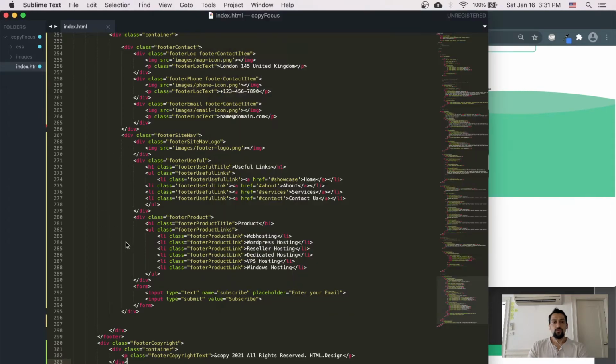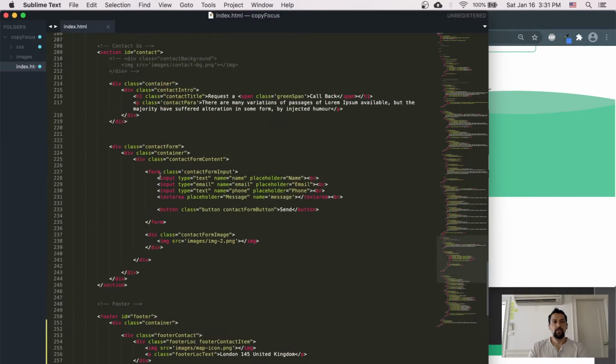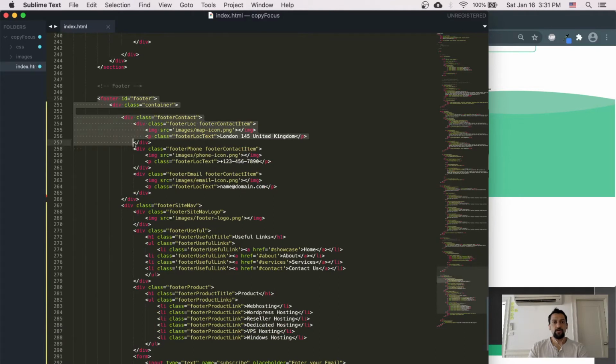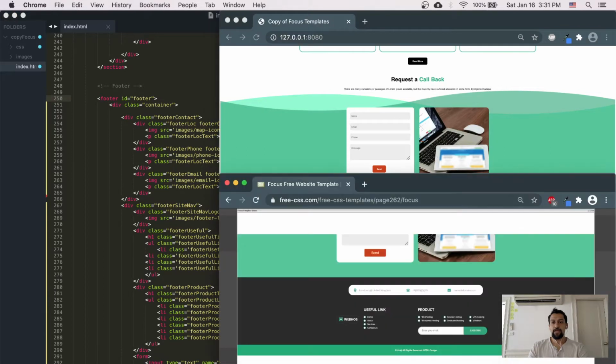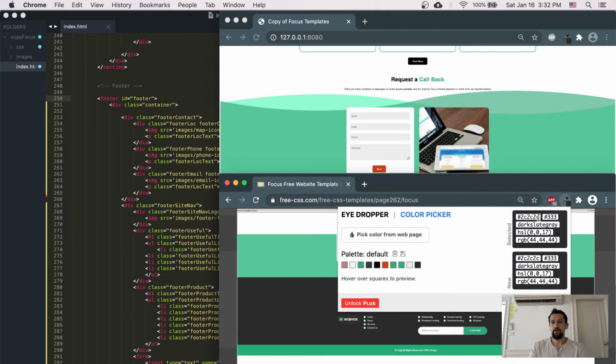Cool. So first I'll focus on the footer section now. This is the footer section, so we can use the footer tag, and it has an id of footer. And we want to use this color, which is not black, some other color, a blue-gray. So we're going to take the color picker that we have, pick from the web page, and as long as I have that little box in the upper right corner of my arrow, I can just click, and I'll see that the color is a hex code starting with C 3. So I can copy that and put it inside